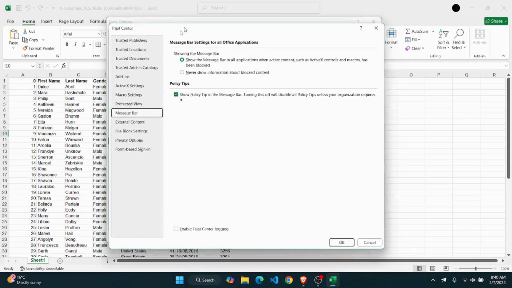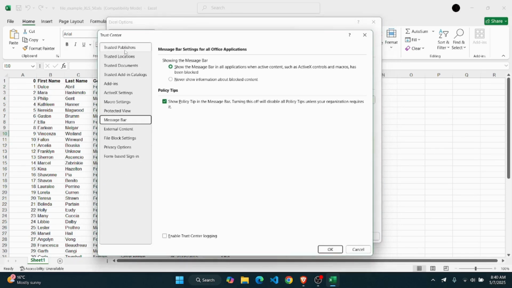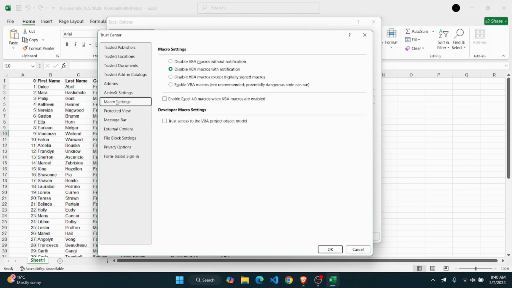Now again, on the left side, you have different tabs like Trusted Publishers, Trusted Location Documents, and many more settings. You just want to find the Macro Settings. Just click on it. Now, if this is set to enable VBA macros, so if this is set to this,